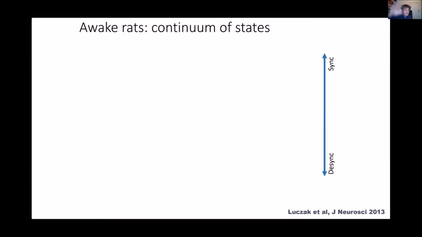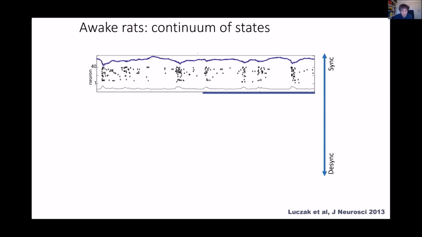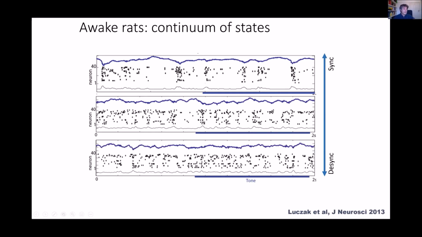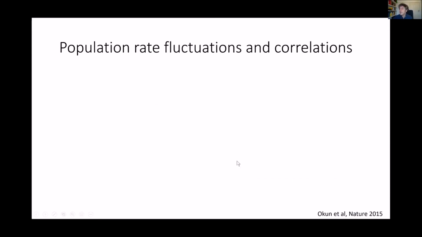Okay, so these different brain states, and the cortical states, I should say, are not discrete. They're a continuum themselves. In awake rats, in this example, you have a continuum going from synchronized states, where the correlation is high, and the correlation gets progressively lower, and the population rate variance gets lower as you move into the desynchronized state. So to summarize this part,